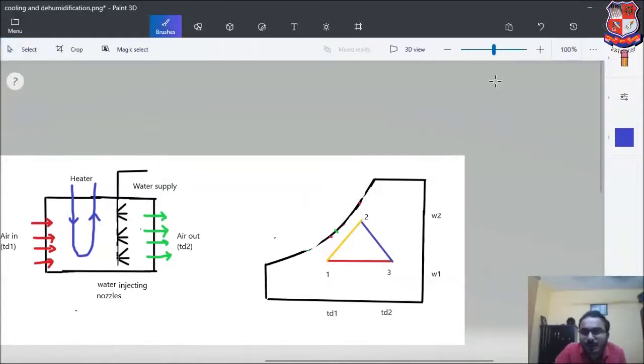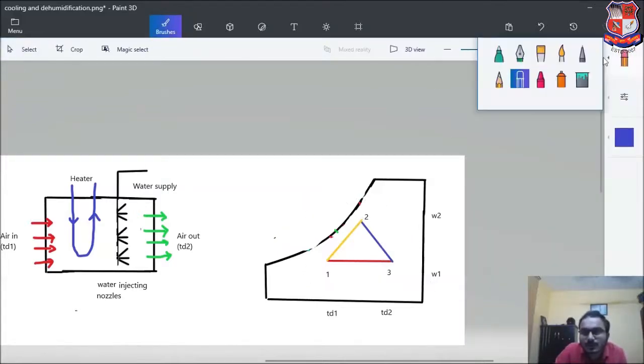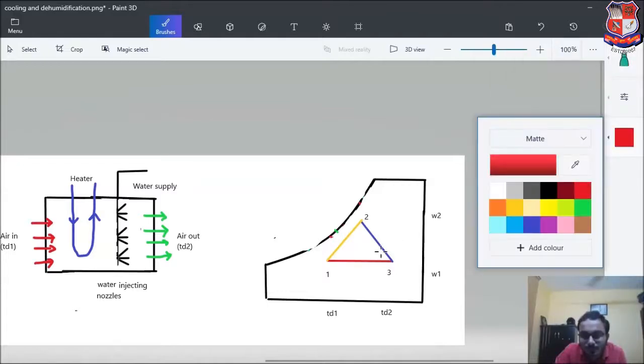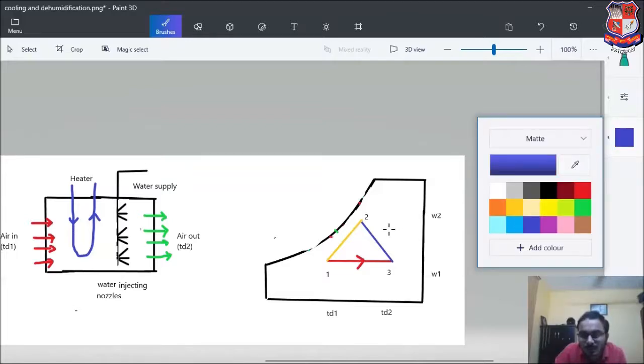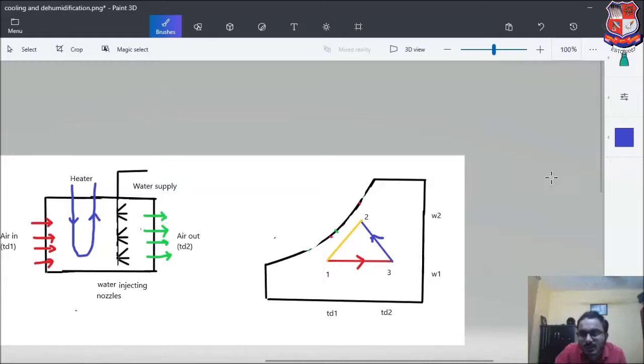Okay, now I need to draw the directions of the process. So this way we can go, then this way we can reach the final condition, or the direct route was 1 to 2. So what we are going to do is keep the temperature of the water spray as the WBT of the air. So when we draw the enthalpy lines,